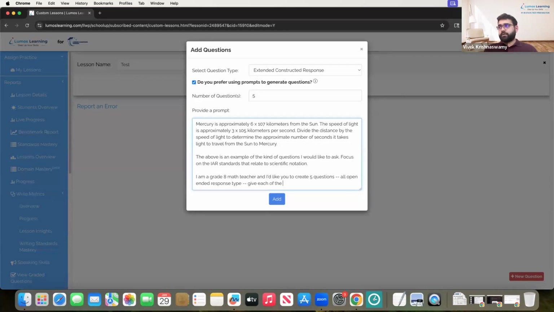Give each of the questions a 3-point scale. I am just saying things right off the top of my head. Obviously, the teachers would probably have a much more narrow approach of what they want to test the students on.